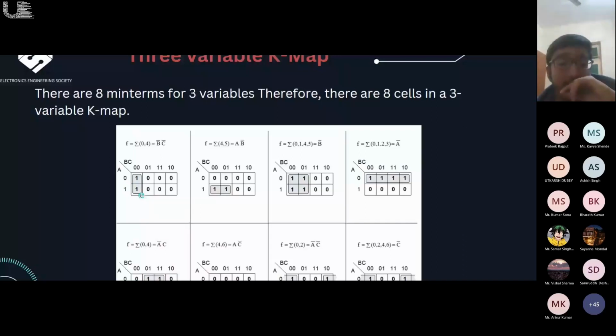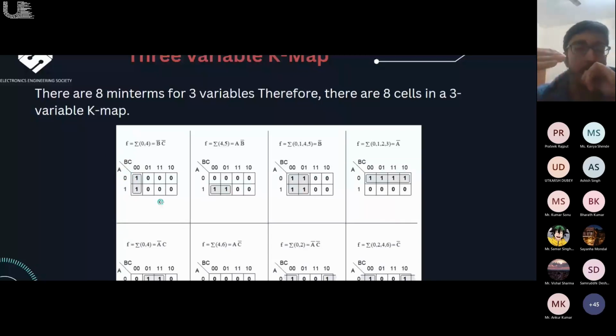And this is the easiest K-map that you can ever have. You just have a single pair, right? Now, if you notice, A has been written here and BC has been written there. So the rows represent A and the column combinations represent B and C. So you'll be reading it the same way. Now, once you have a pair,